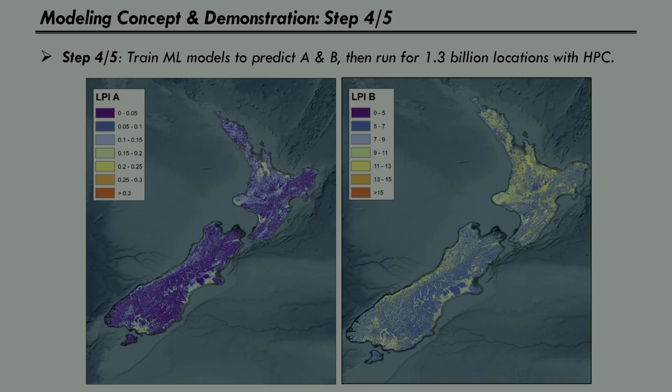Step 4 is to train machine learning models using these features to predict A and B where we know A and B, which would be the sites of our geotechnical tests. We then forward run the models that we've trained everywhere in the world, at least everywhere terrestrially, so that's more than 1 billion locations. I want to emphasize that this is very easy for the end user because all of the heavy lifting is done up front. The compilation of terabytes of predictor variables, the training, and then the forward running of the model, the user doesn't have to do anything that's difficult.